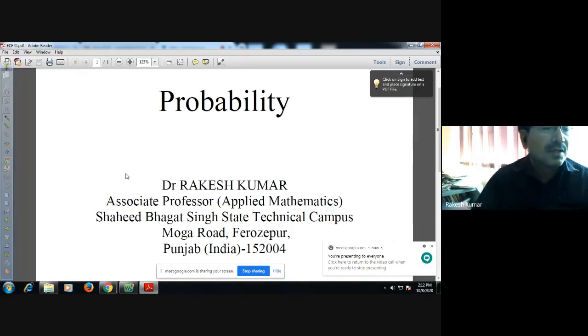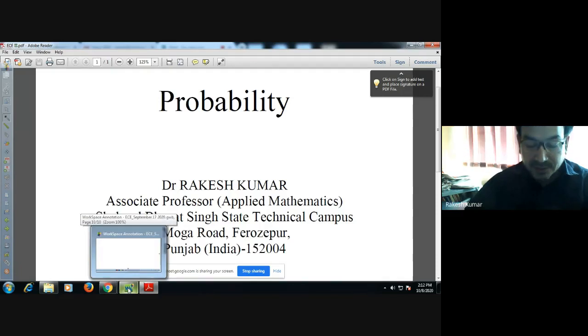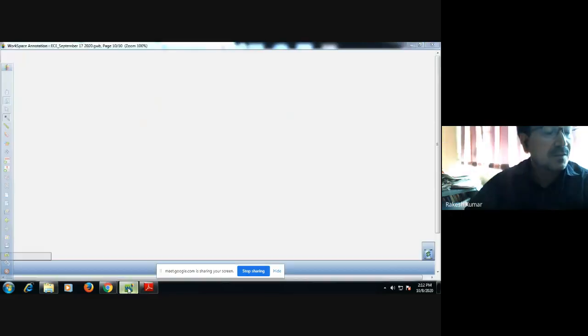A few days ago, and in yesterday's class we tested the significance of the given sample with the help of some questions, and also discussed the confidence limits and the region of acceptance or region of rejection. Now let us continue with the same. Today we shall discuss the testing of significance for difference between two proportions.